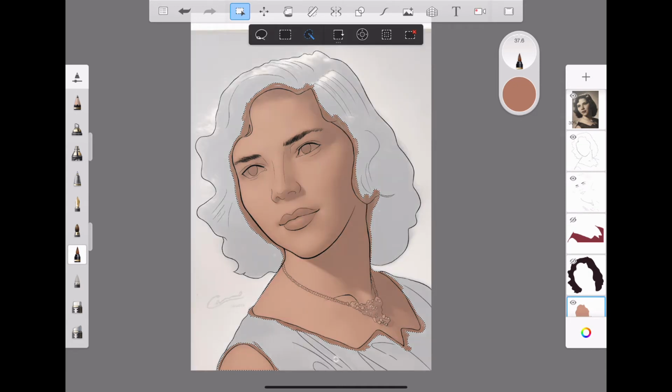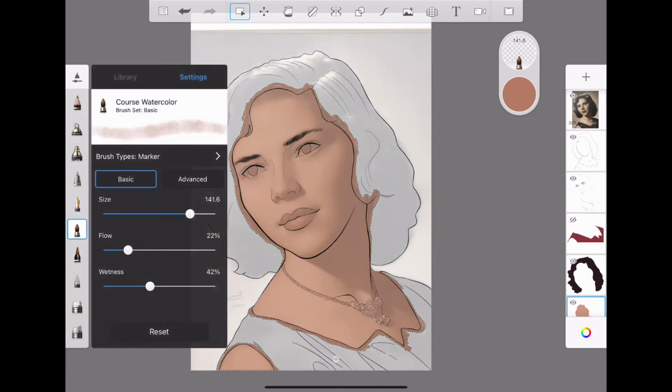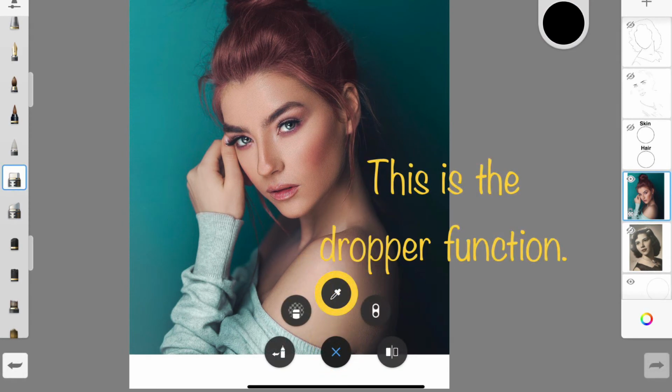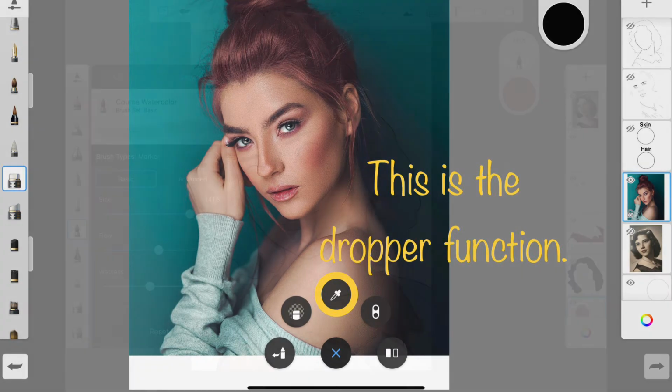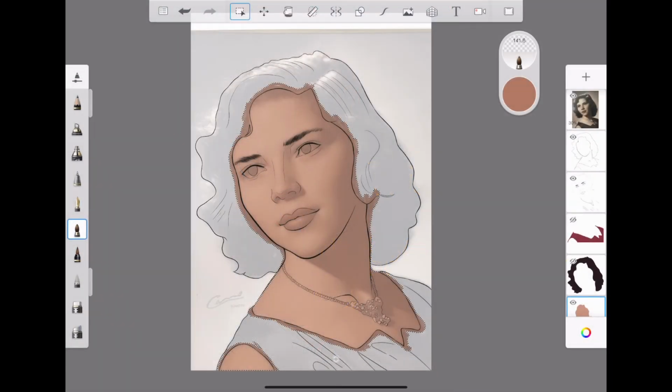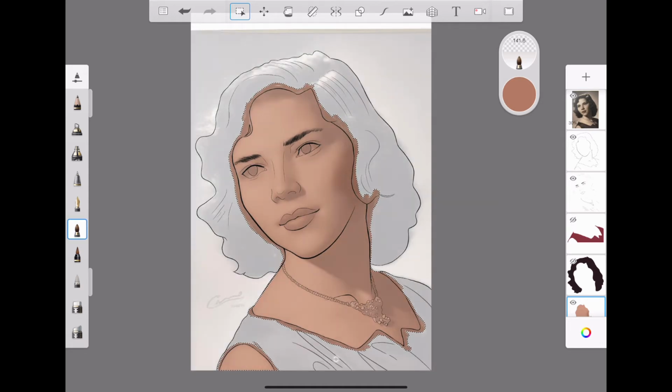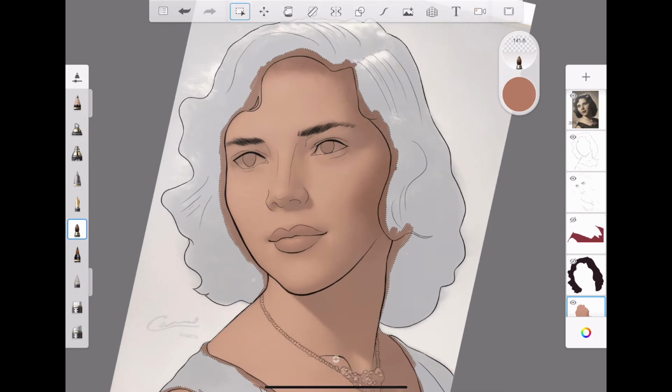Next, apply the shadow part of the skin. Use the color picker function to select dark skin tones. Where is the color picker function? If you think so, please refer to this image. One thing to keep in mind when you use this function is that the tapped area is not necessarily the color of your choice. When you use it, it will display the selected color. It disappears when you release the pen or finger, so hold down and select the color you want.